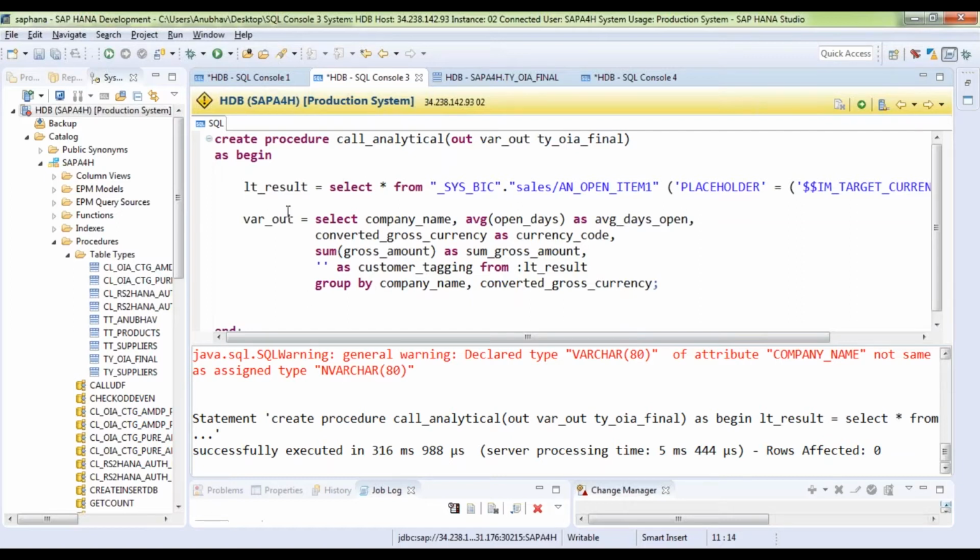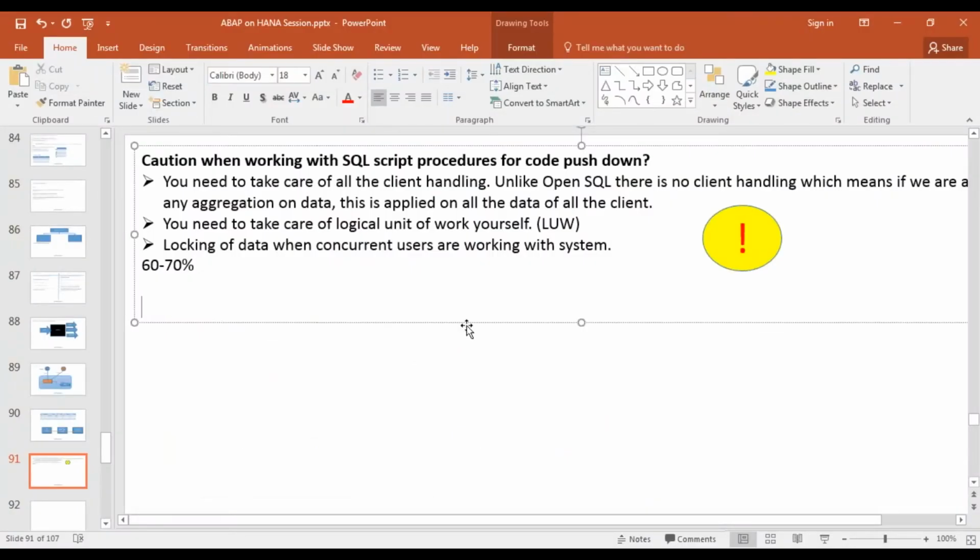Now, how do you consume procedures in ABAP? It depends on which version of SAP NetWeaver you are on, or on your expertise.